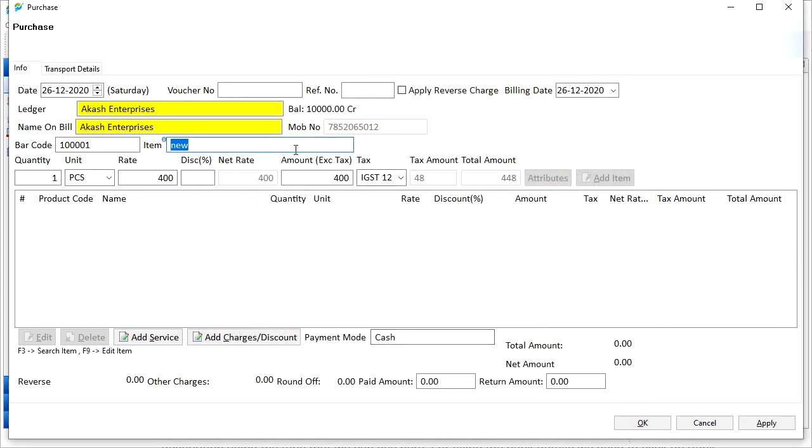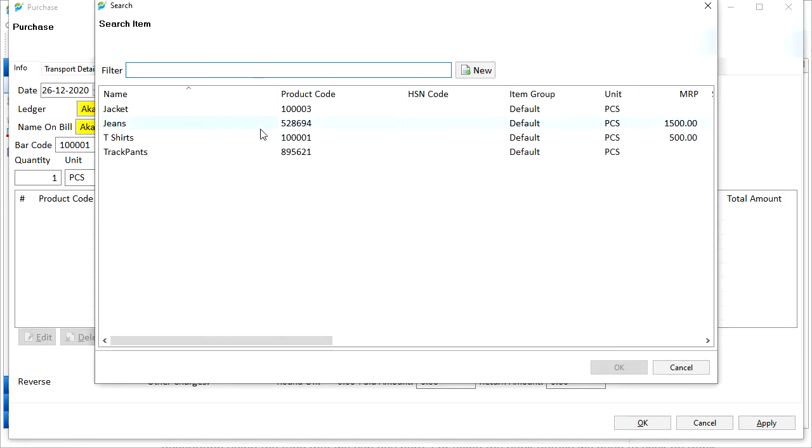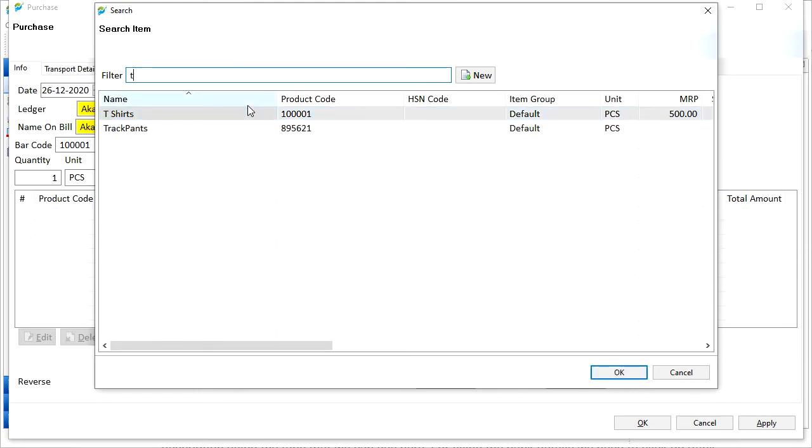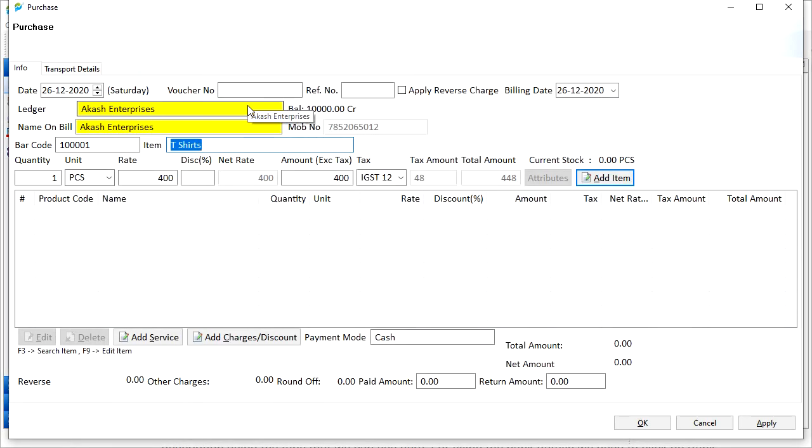You can also search the items using fields like manufacturer or item group using F3. After pressing F3, you will see a search window where you can filter the items using any keywords, for example t-shirt, and press Enter to select the required item. After this, we need to fill up other details such as quantity, for example 5. Unit. Other details such as rate is automatically fed from the item details we made during creating the item.